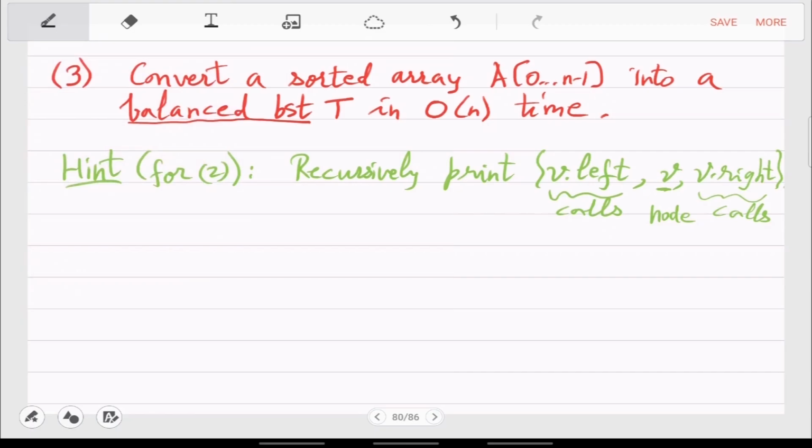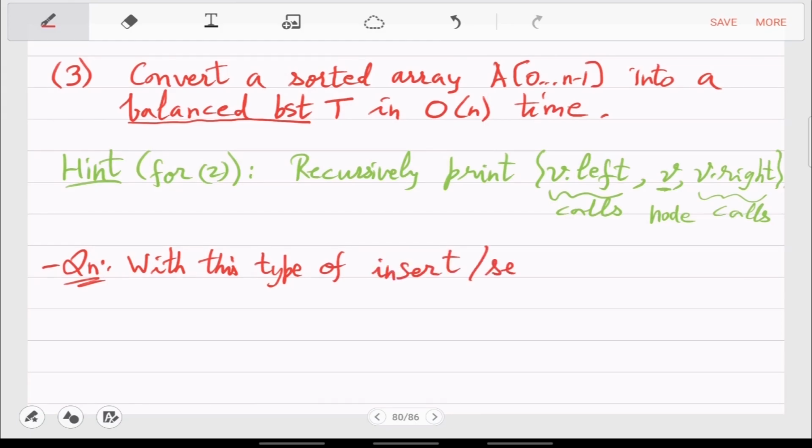Okay, other question is, with this type of insert and search, can we say that the depth of T or height of T is equal to log n?